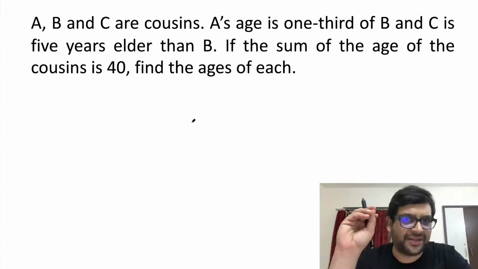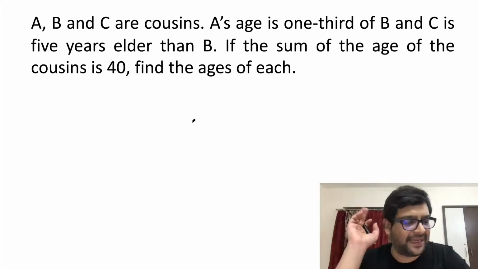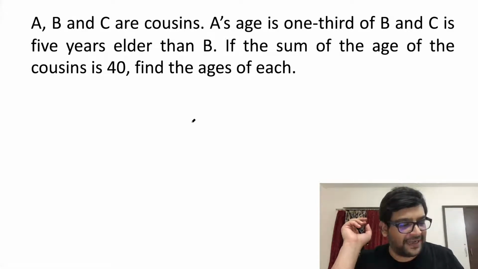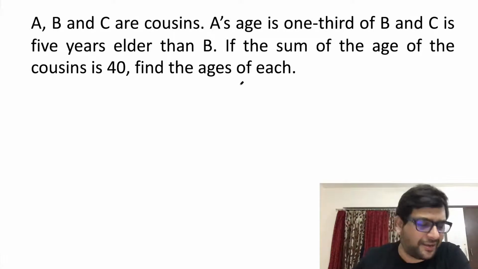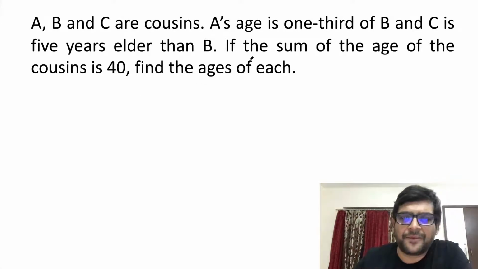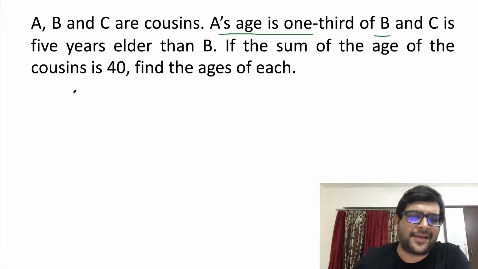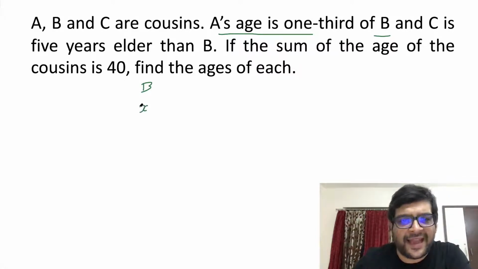Again, form an equation. You need to find the ages of all of them. If you can figure out how exactly these ages are being calculated, assume some variables. A's age is 1/3 of B. So instead of assuming B's age as X and A's age as X by 3, it's always a good idea to take as few fractions as possible. Take B's age as 3x, because then A's age becomes